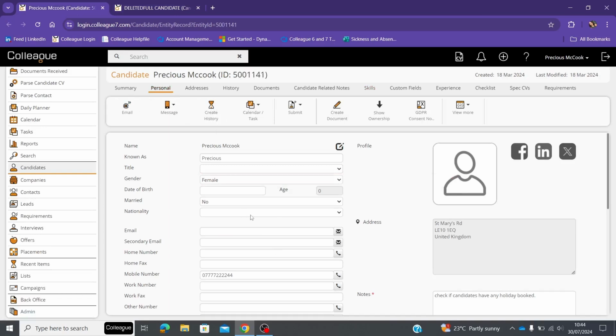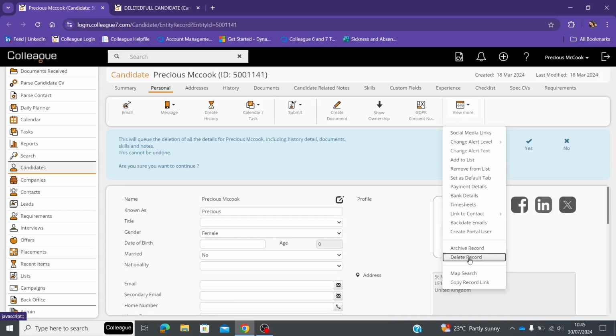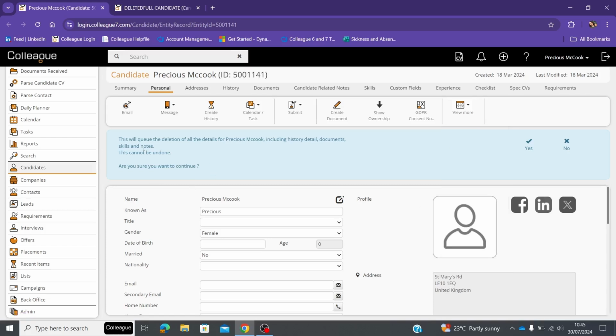How you would delete a record is you would head to that record, go to where it says view more, and then you'd go down to where it says delete record, and a blue bar will appear basically saying that all the information within this record will be deleted as well, and this cannot be undone, and just basically making sure that you're definitely sure you'd like to delete this record. And if you are, you select yes,